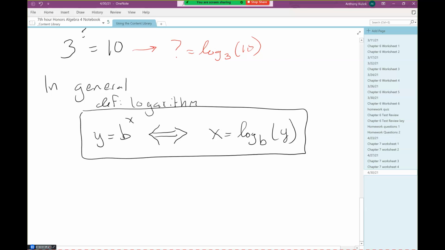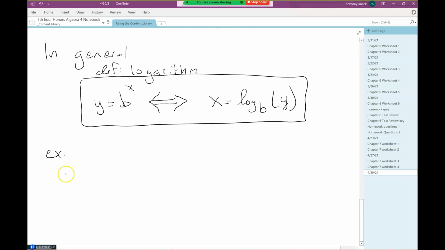Okay. So again, this logarithm is just describing the power of some number, or what power of a base is equal to some number, right? So we can use this definition to evaluate logarithms. So for example, if I did log base 3 of 81,